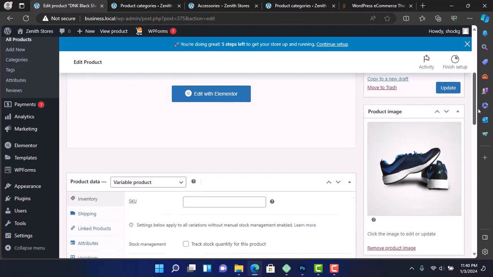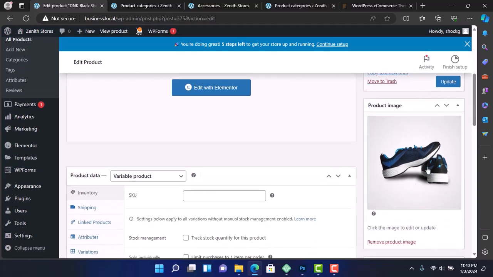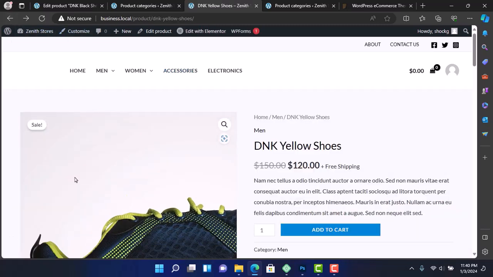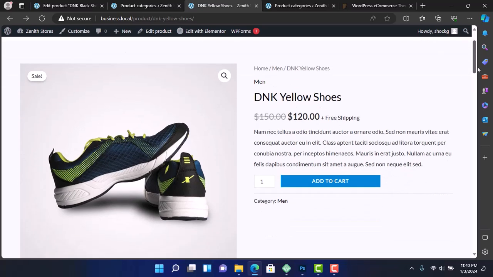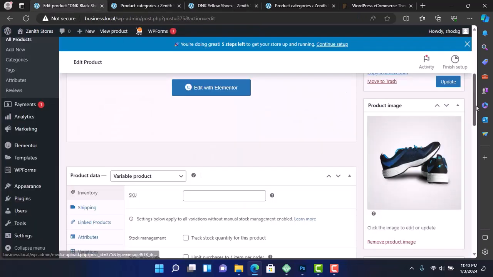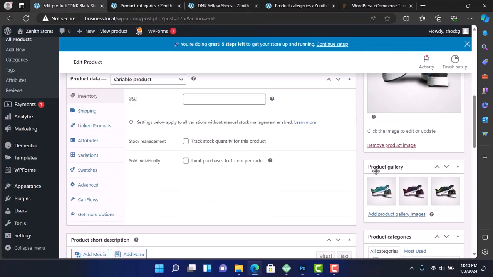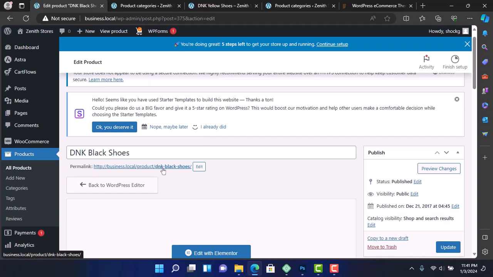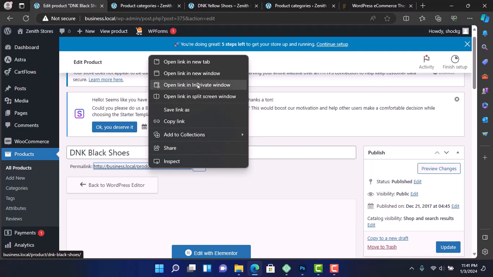Then if you scroll down, you can see the product featured image. The product featured image is the image that shows on the product page. And then we equally have some product gallery. So let's just view this product directly. I'm going to right click. This is the link to this product. If I right click and open in a new tab,